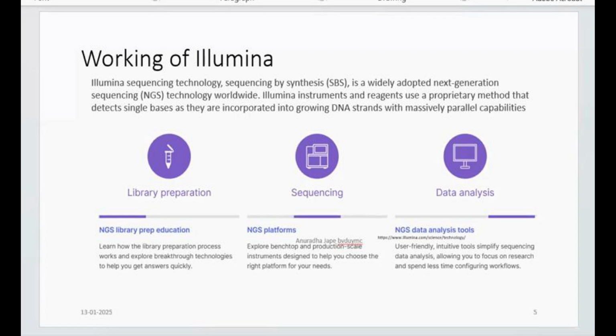So in this approach, what we do, template DNA fragments are taken. So DNA fragments, that is the first thing. Template, that is another word which is important. So template DNA fragments are taken. They are hybridized to a reaction chamber. The reaction chambers are generally solid surfaces. They are referred to as flow cells, another term, right?